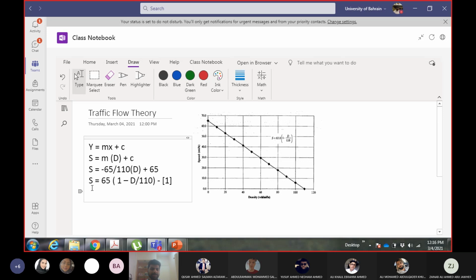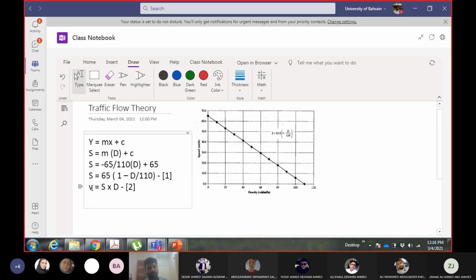This is the equation between speed and density. It's a linear equation because it's a straight line. No problem. Then we have another equation, which is v equals s into d, the basic equation of traffic flow, which I showed you in the previous lecture. So this equation is also with us. We also know this relationship. So this is